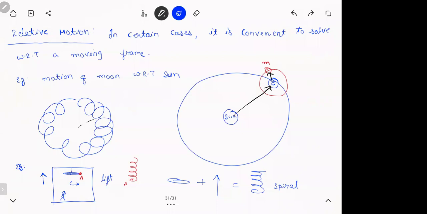If you see projectile motion, we did something similar. I don't know how to study the parabola thing. So I split the motion into two 1D motions and studied them separately and added them back. Okay, so put it down. So let's see how to go ahead with this thing.